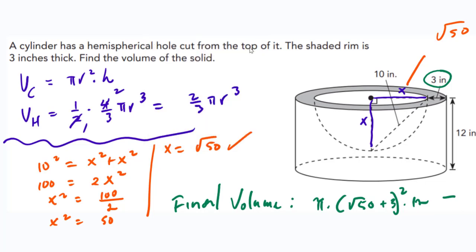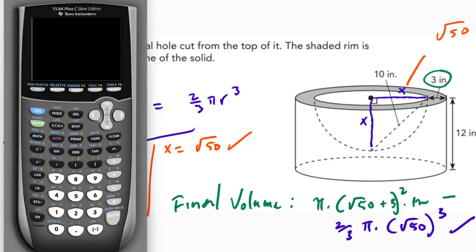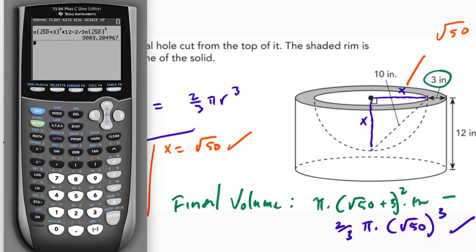So the hemisphere we know is going to be 2/3 pi times my radius, in this case now going to simply be just the square root of 50 cubed. Now, once I have this now for the final volume, all I simply need to do now is do my basic calculation with my calculator. All right, so real quick, if I turn this on, my calculation here is going to simply be pi times the square root of 50 plus 3 squared times 12 minus 2/3 pi times the square root of 50 cubed, and I'm going to get approximately